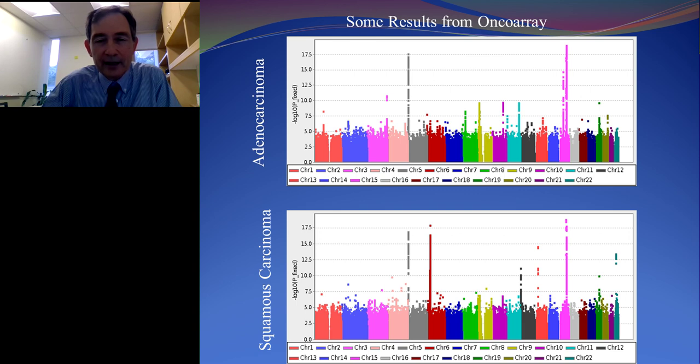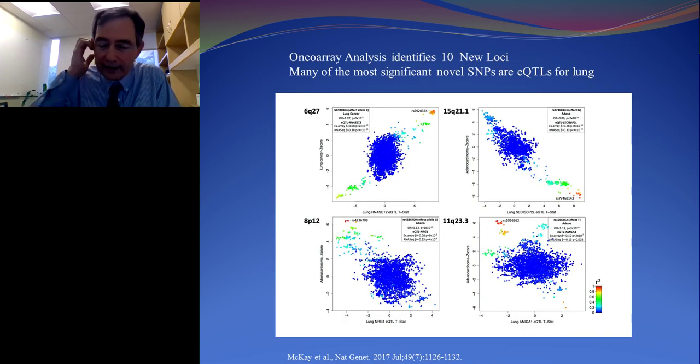There is similarity on that chromosome 15 nicotinic acetylcholine receptor region, but otherwise also some similarity on chromosome 5, where the H-TERT is a gene that relates to telomere function. Otherwise, they look quite different. And in that study, which was published in Nature Genetics in 2017, we went further to try to understand some of the new variants that we identified.